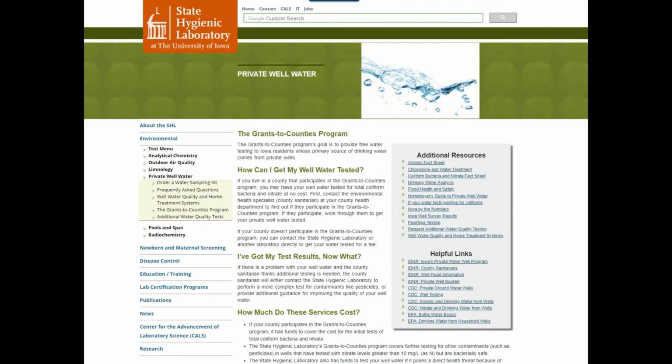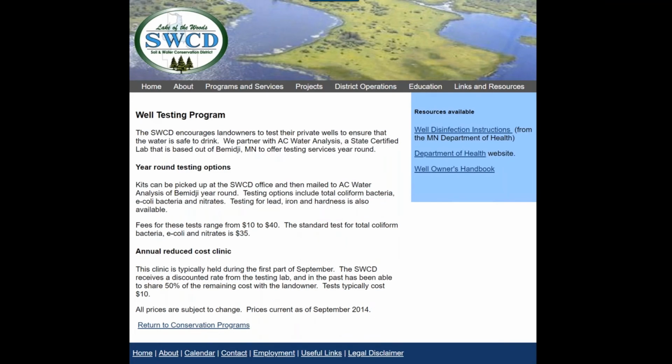And in some counties it's free, it says here, actually. So if you're in Iowa, that program is available to you. Our state legislature in Illinois hasn't done such a program. I wish they would, because it would get more people to test for sure. So water conservation districts, the list goes on.